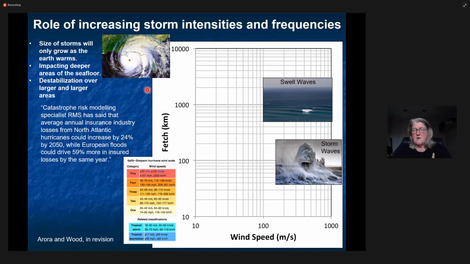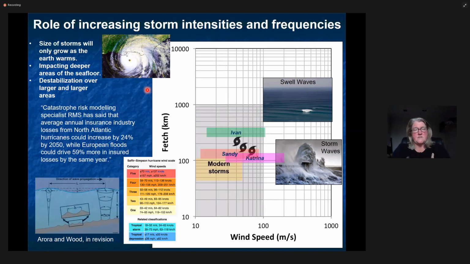So there's a need for us to understand the past and to be able to use things that have happened in the past to predict what's going to happen in the future. The wind speed of modern storms has normally been up to about 70 meters, 60 meters a second, right? But when we saw Katrina and Superstorm Sandy and even Ivan come in, their wind speeds are catastrophically higher than what we've seen in the past in modern storms. And so we're already seeing storms increase in their magnitude, if not their frequency.